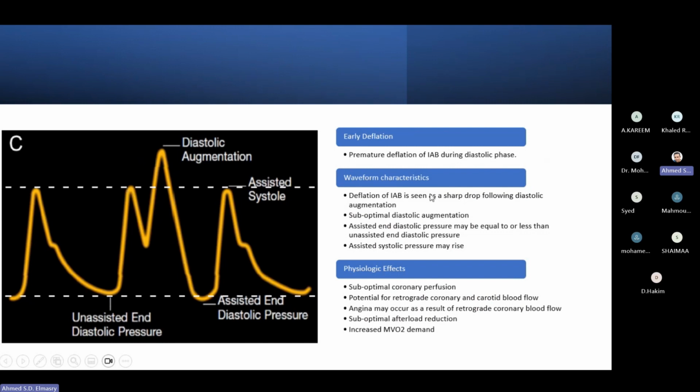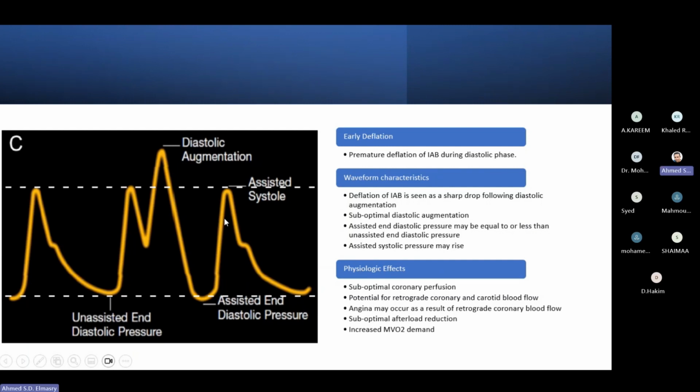So the physiological effect of the early deflation will be suboptimal coronary perfusion. You might have retrograde coronary perfusion and carotid blood flow. You might have angina because of the coronary steal phenomenon,